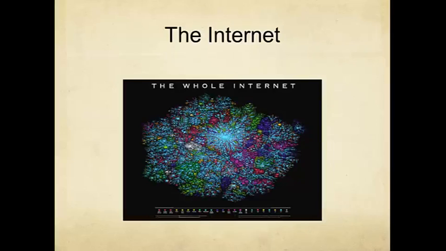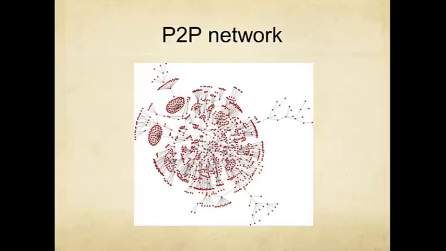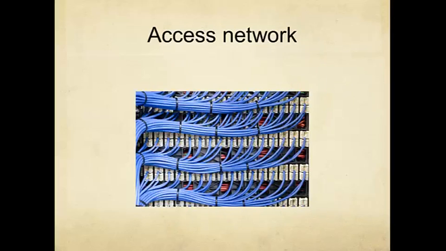And you can think of it, for example, as a connected set of routers with a lot of functionalities running on top of it. And they lead to what's called overlay networks. For example, end users and some servers forming a more structured topology on top of the underlaid internet in peer-to-peer networks, such as BitTorrent. And there is also physical infrastructure behind the network, such as the access networks, the fiber,